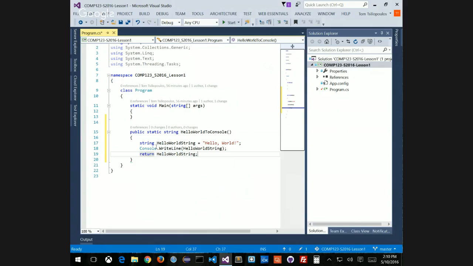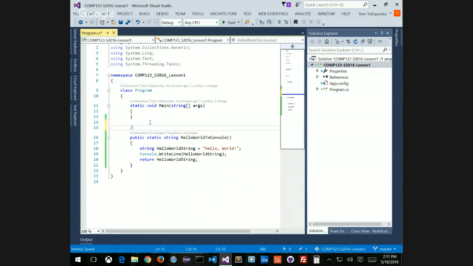Now there are no errors. Would you agree? This is okay. This is my little method. Let's put some comments in here, something like